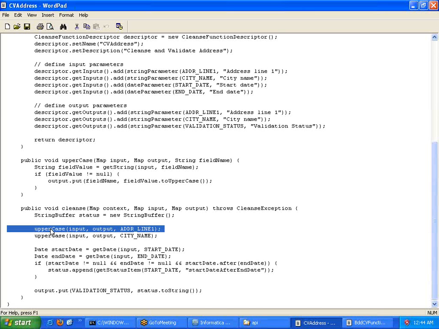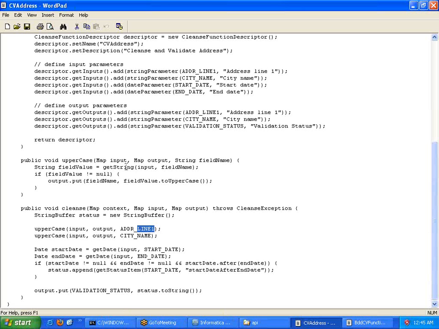The uppercase method will be used to read the input and start populating the data to address line 1. If we call this method, then the control will be sent to the block where uppercase has been defined, which takes 3 input arguments: map input, map output, and string. We are just passing these things over here.